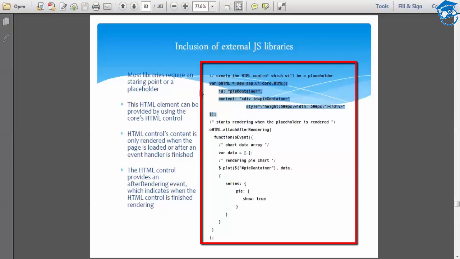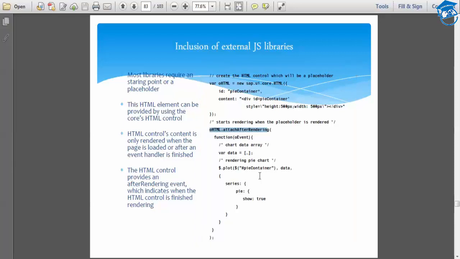Similarly, when you extend an existing SAP UI5 control like a calendar control or button control, it will have this logic. Here you will have the SAP UI5 control instead of OHTML. After displaying that control, you will attach on after rendering and you will do operations. Clear? You will get more idea when we do a live example. Here you understand how the structure looks.